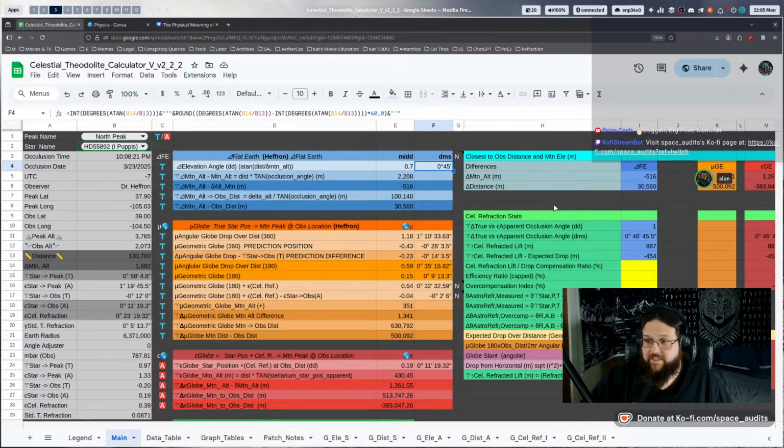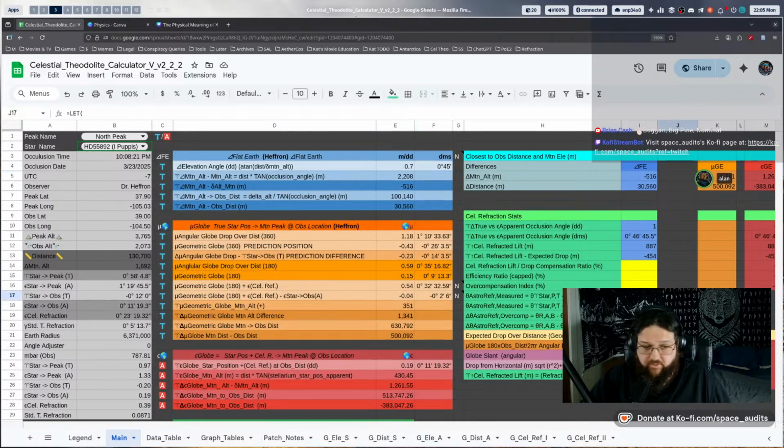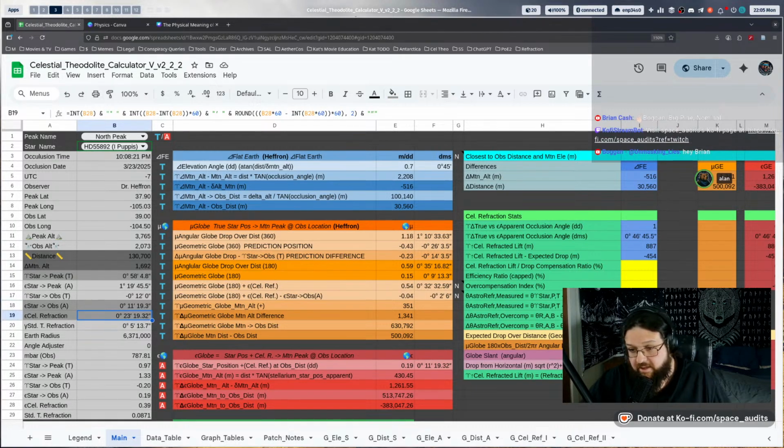So we didn't realize that was what was causing it, that's the actual refraction amount. So when we're quantifying that, and now that we've done that and understood it, you don't need to account for it when you're making the predictions. But when you're doing the comparative analysis afterwards, you can see how much refraction there was, how much was predicted, and you could ratio these out to convert them into meters to see how it affected the measurement in terms of lift in meters, which helps me think about it easily.